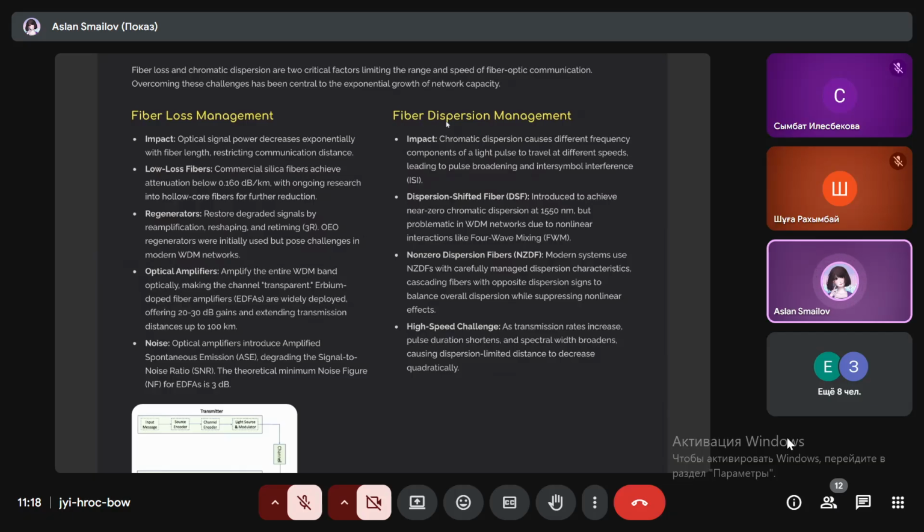And fiber dispersion management. The impact of them is chromatic dispersion, because different frequency components of a light pulse travel at different speeds, leading to pulse broadening and intersymbol interference. Dispersion-shifted fiber, or DSF, was introduced to achieve near-zero chromatic dispersion at